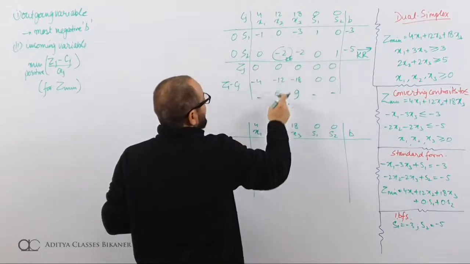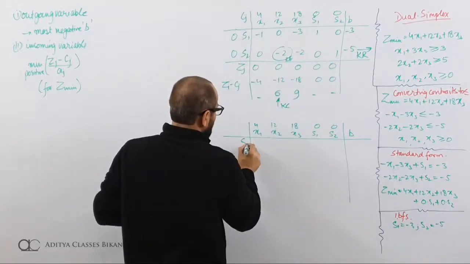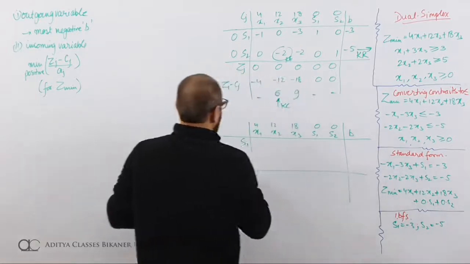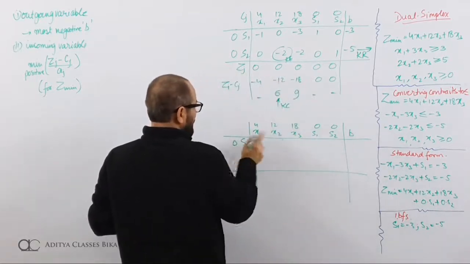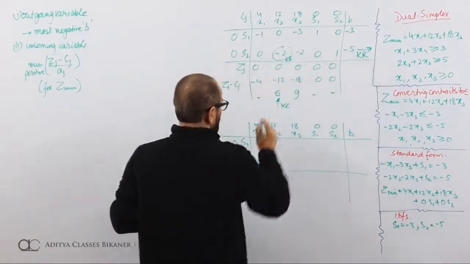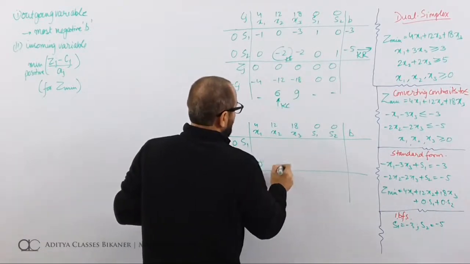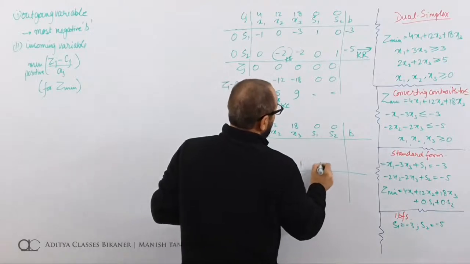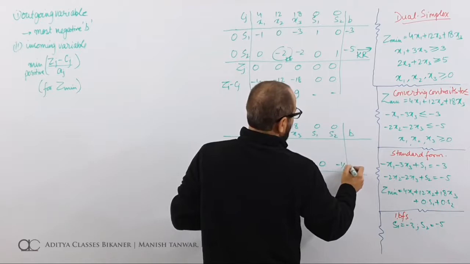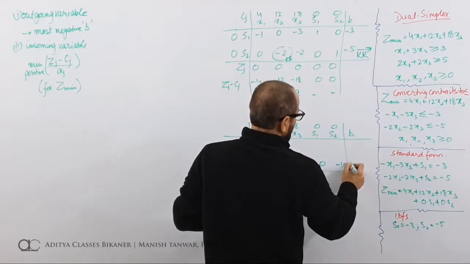S2 is outgoing variable, x2 is incoming variable, s1, x2. Contributions of s1 are 0 and s2 is 12. Divide all these elements by -2, making it 0, 1, 1, 0, minus half and minus,